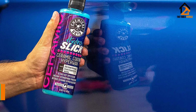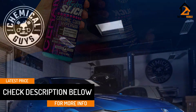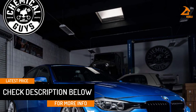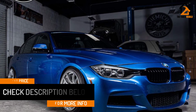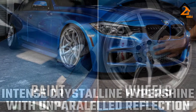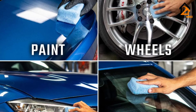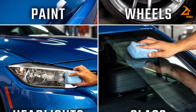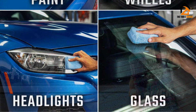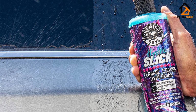This particular ceramic coating formula uses silicon oxide gel suspension technology to create one of the most user-friendly, easy-to-apply ceramic coatings on the market. The nanotechnology creates a waterproof seal that causes water to rapidly bead and run off any treated surface. It also helps protect against road grime and tar, water spots, bird droppings, tree sap, brake dust, salt